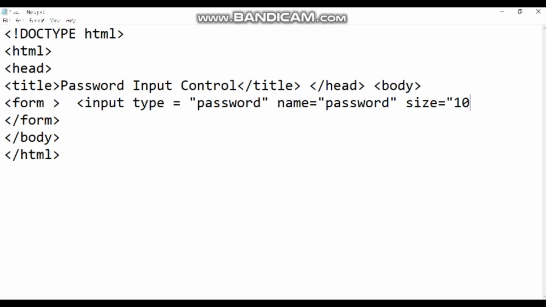I can set the limit as to how many characters must be entered, and how many characters must be taken for display. So size represents the number of characters that must be taken, and the number of characters that should not be displayed. So if you want only 10 characters to be taken,